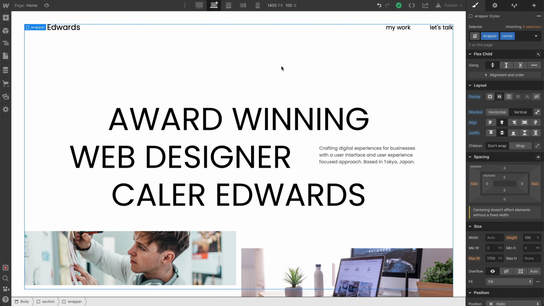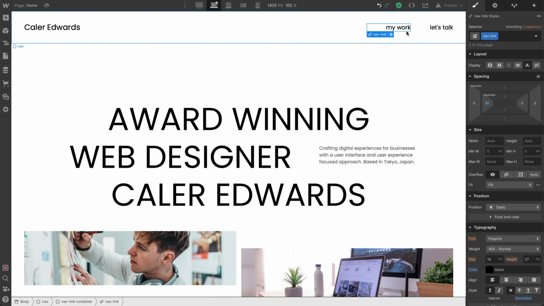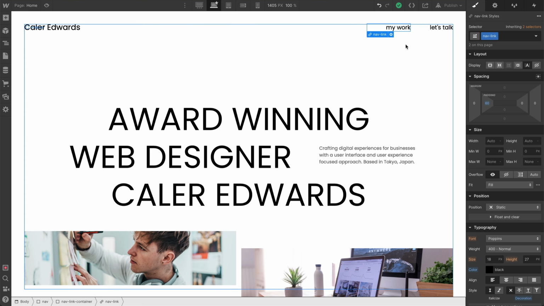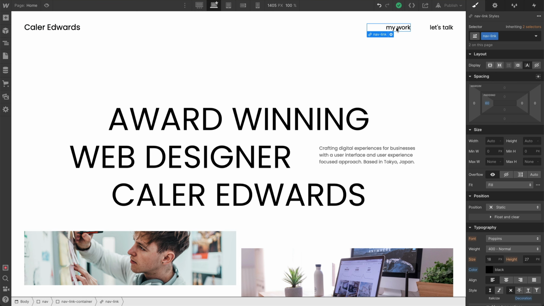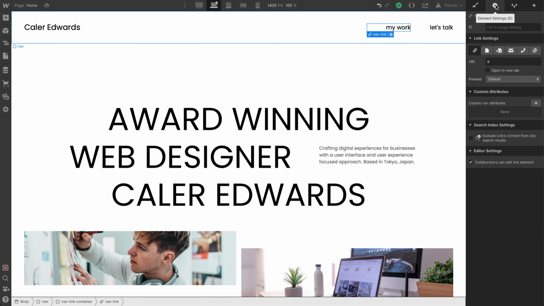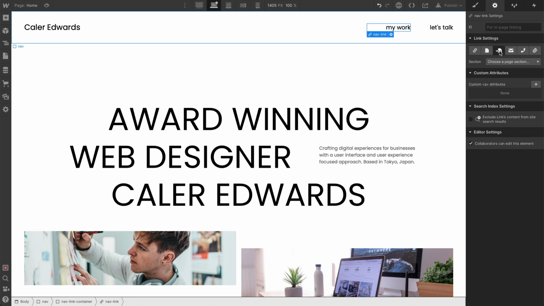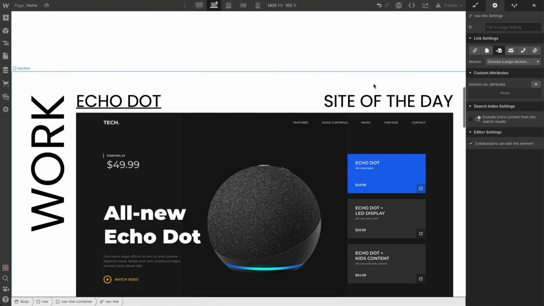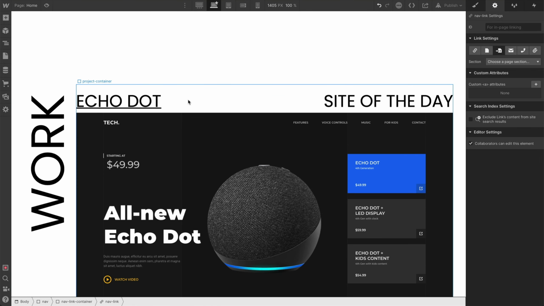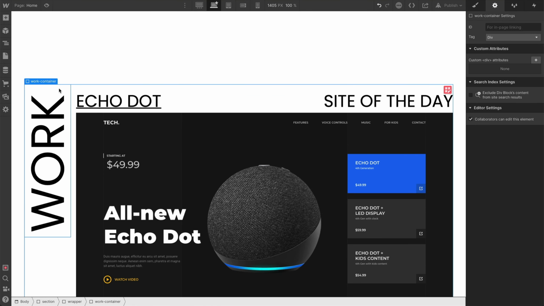Now let's go ahead and start setting up our links. So we only have 2, and then we have the call to action on the bottom, so technically 3. So the first one here, my work, we're going to grab the settings cog there. And for this, we want to change it to this little arrow pointing to the page, and we need to choose a section. So if we go to this section with our work, and I'm going to grab the work container and give it an ID